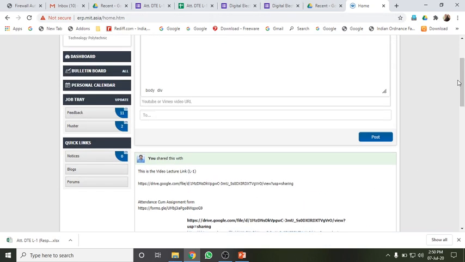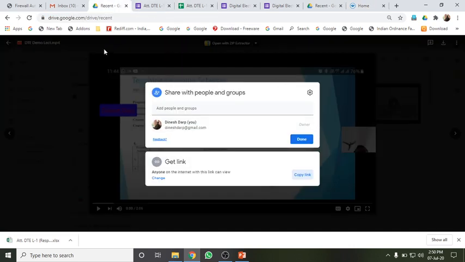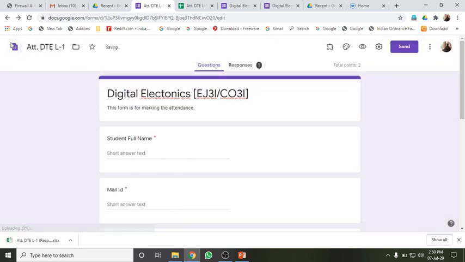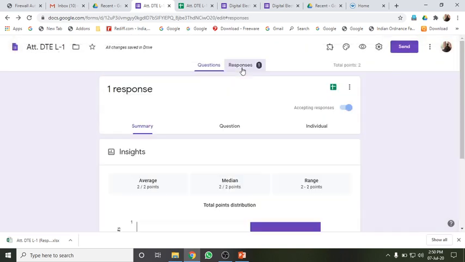right? So I hope this is useful for you, how we can create a Google form and how we can take the attendance of students and then give that link to the students. Now one more thing here, that you can keep this form open till the time you want,